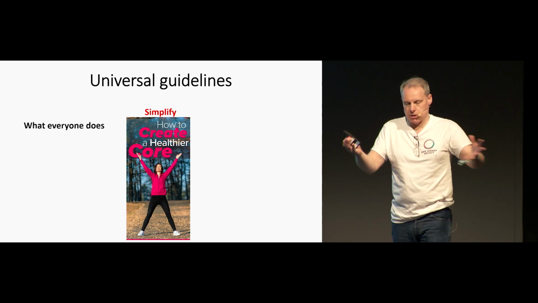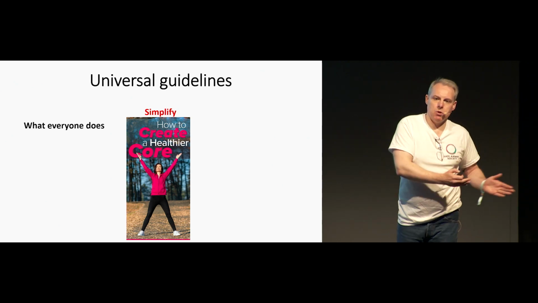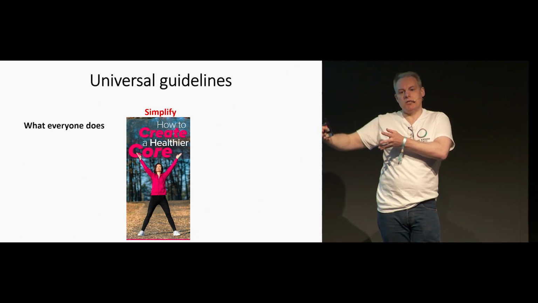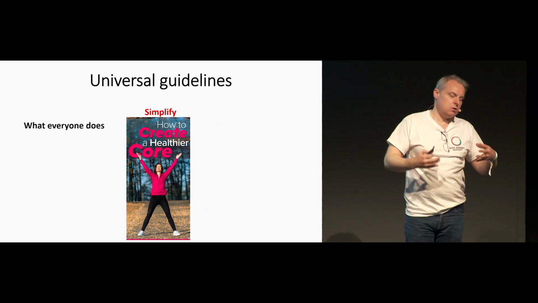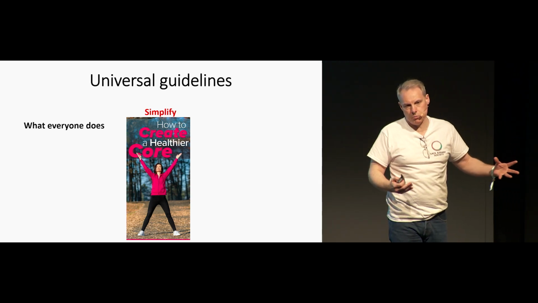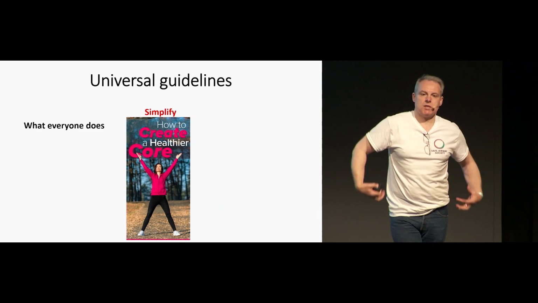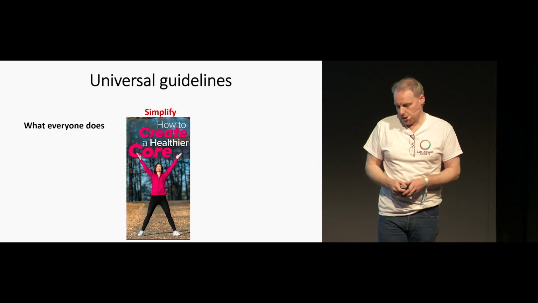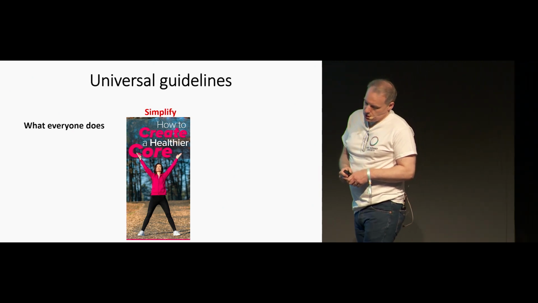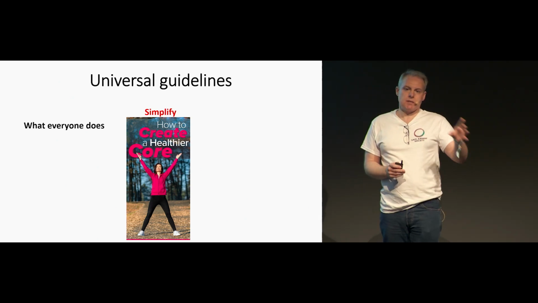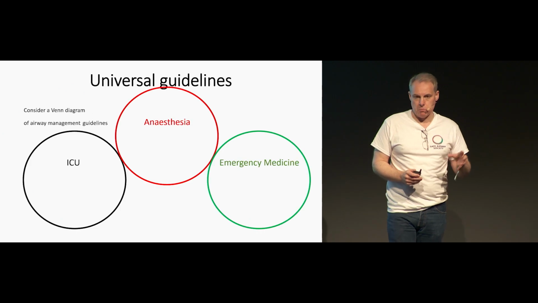Okay, there's plan A, B, C, D, but that is applicable across the board. And there will be slight derogations, whether you're dealing with a pregnant woman, a child, or a critically ill person, and you will bolt those on to a central skeleton, the axial skeleton of airway management. So what we're trying to do with Universal Guidelines is to make it simpler to understand and practice that